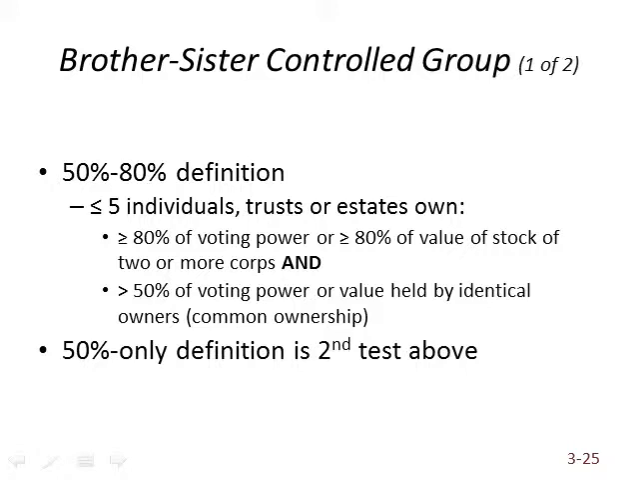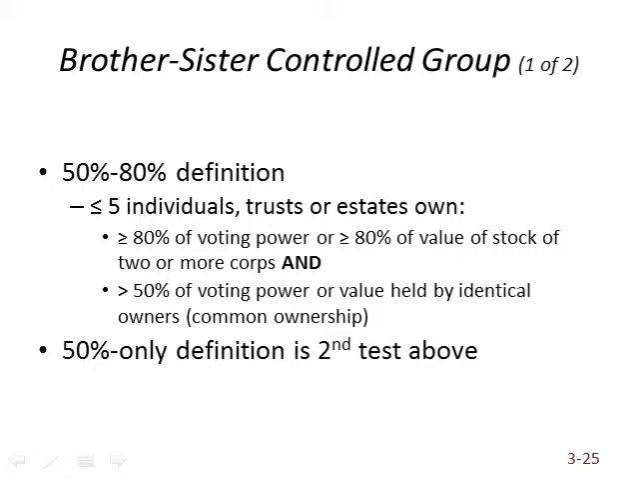Okay, the brother-sister control groups are really defined with two definitions in the Internal Revenue Code. One is the 50-80% definition, and the other is the 50% only definition. So under the 50-80% definition, a group of two or more corporations is a brother-sister control group if 5 or fewer individuals, trusts, or estates